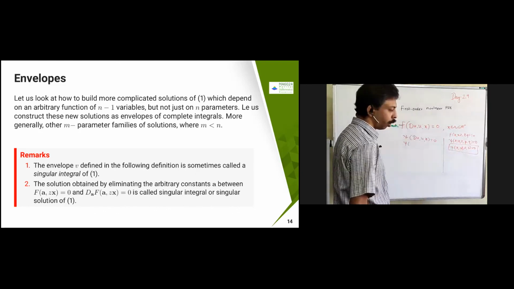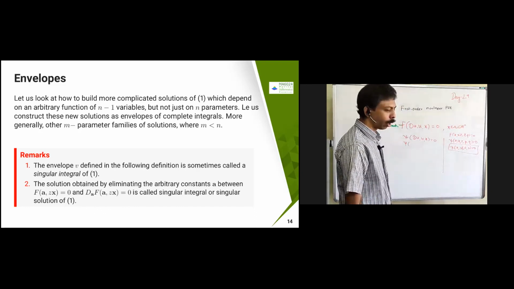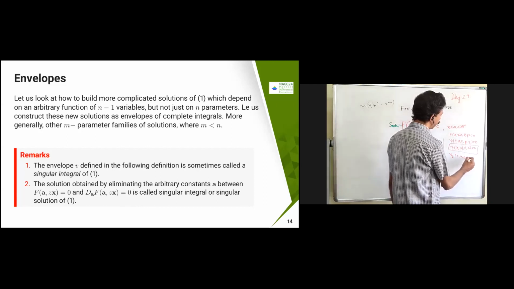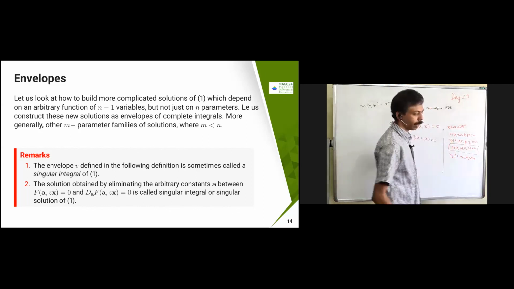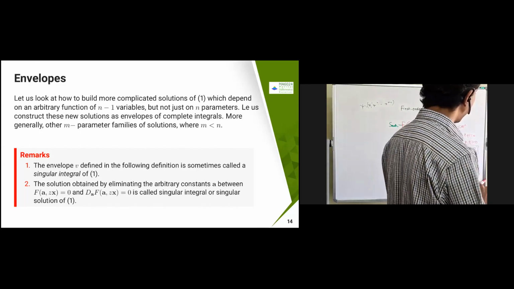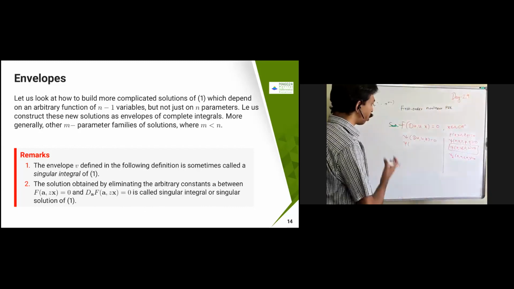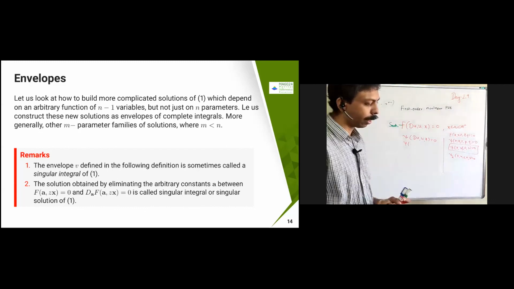Now what I am trying to do here is that I have one equation psi of x, y, z, a, b. I am trying to find psi a of x, y, z, a, b equal to 0. Similarly, I can find psi b if I find the solution between these two. If I eliminate one constant, let's say the constant a, then I am just going to get one dependent on the other. From that, I am going to find the singular integral. That is the general idea.